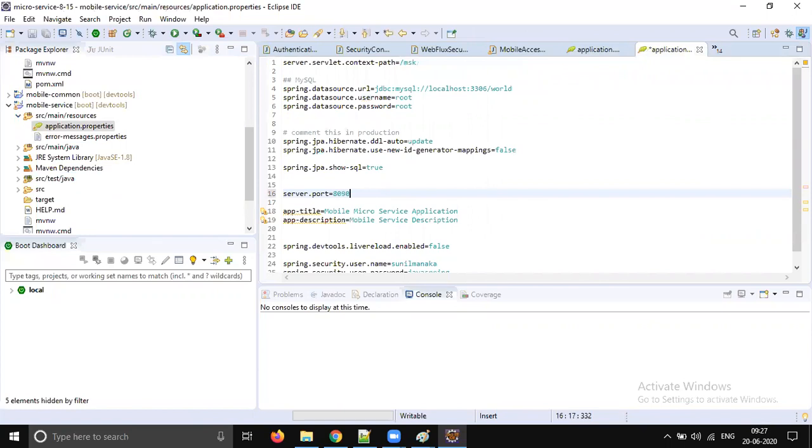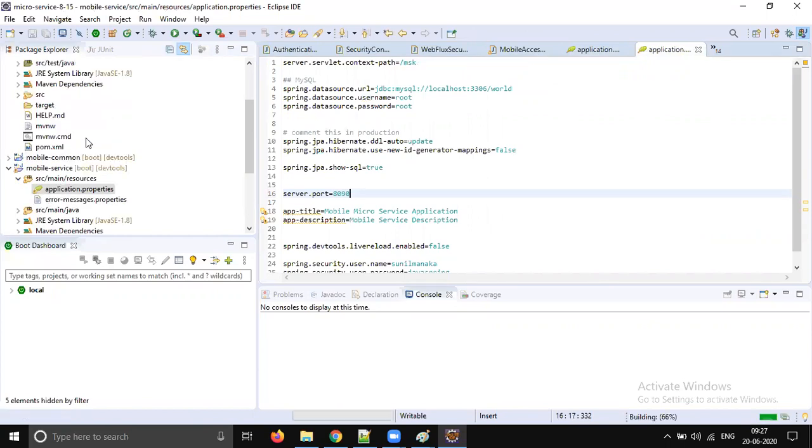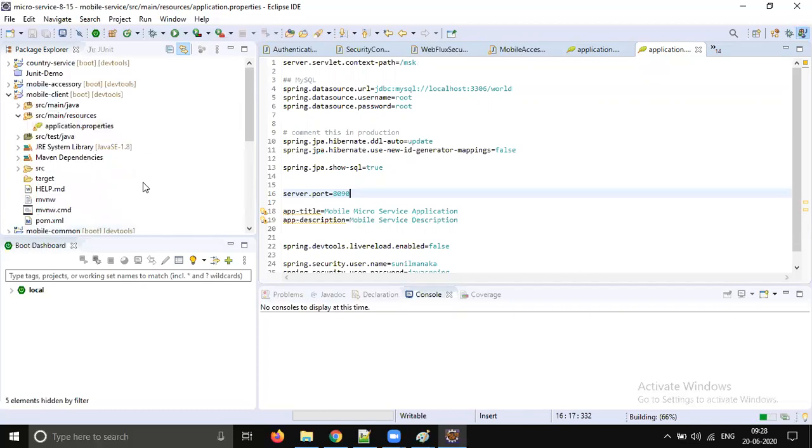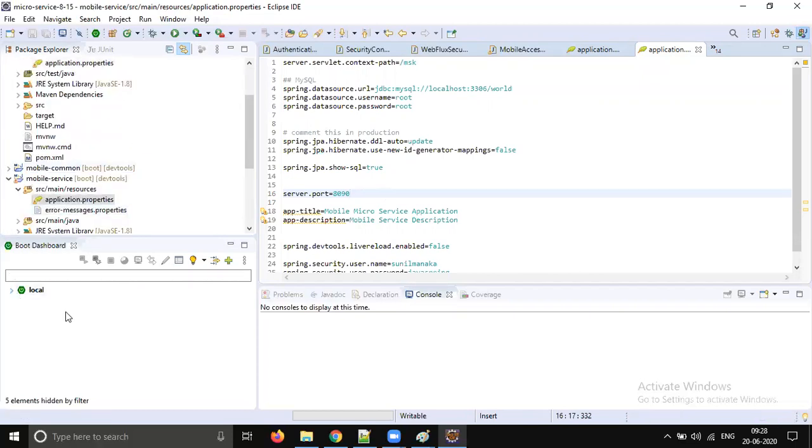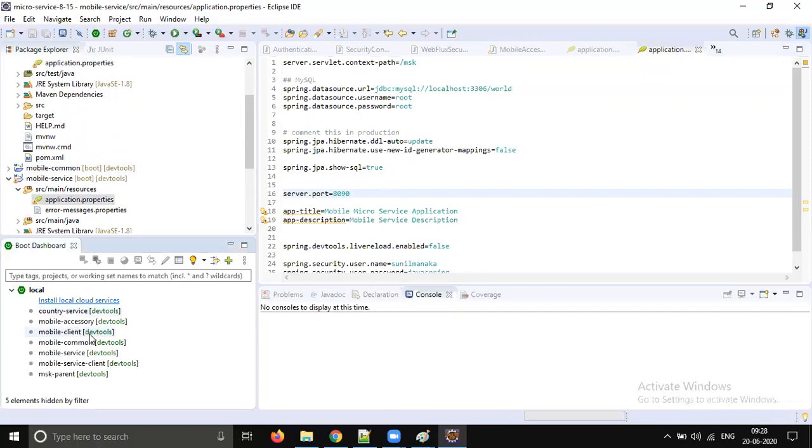So what will happen? Again, we need to go to client and we need to change, right? But in the cloud architecture, host names and port numbers are going to be picked dynamically, right? So the host names and port numbers are going to be assigned dynamically. So you will not be able to control things when we go for cloud deployment, right? So as I am changing here, let me start the services and show you, we will get an exception. For sure, we will get an exception.